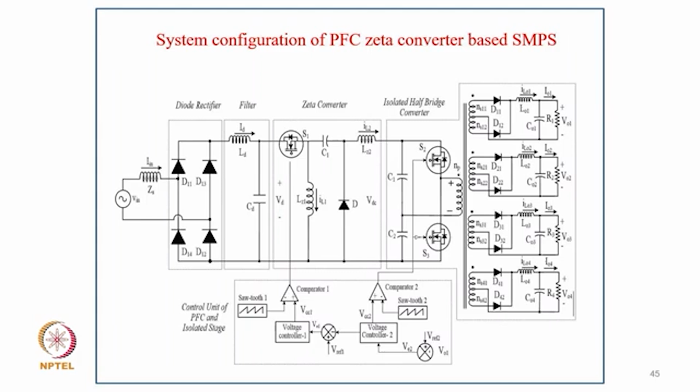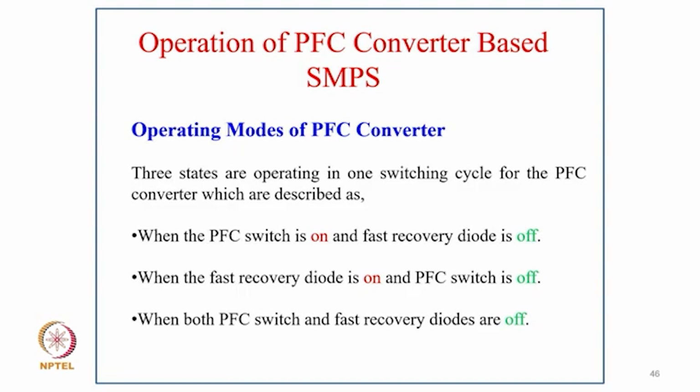So you have many options in switch mode power supply, which really can give you what you can call the retrofit solution, where across the half bridge the VDC output can be regulated at 300 volt, equivalent to what the conventional power supply has given by the diode rectifier, and even the input supply can vary over a large range. So it gives a regulated output DC voltage. Apart from that, it gives inherent power factor correction without sensing input voltage and input current, which is the kind of novelty here. So now coming to the operation of the power factor correction converter based switch mode power supply.